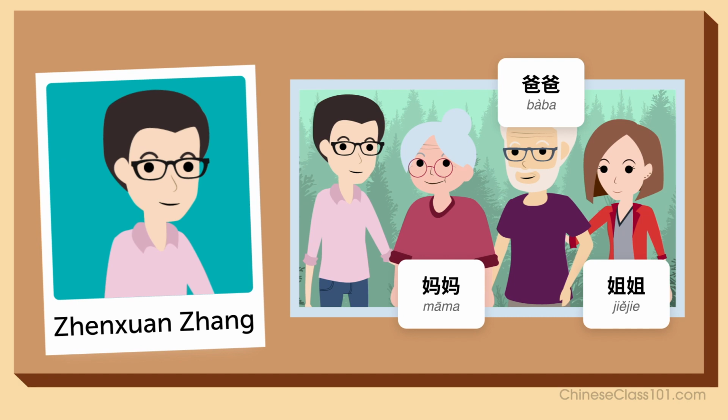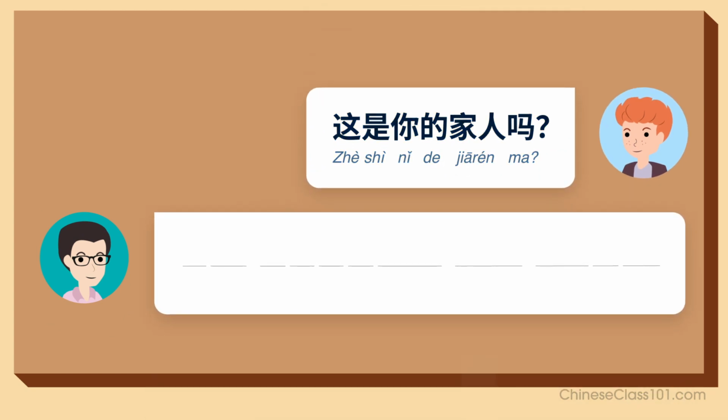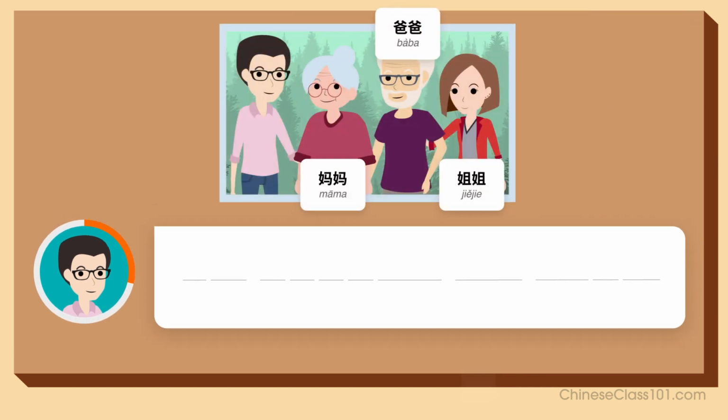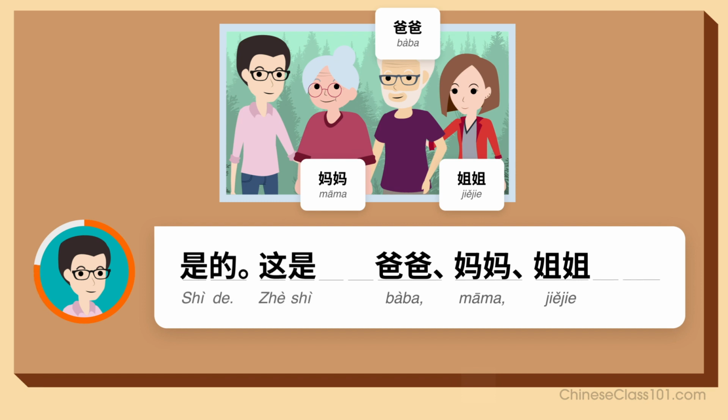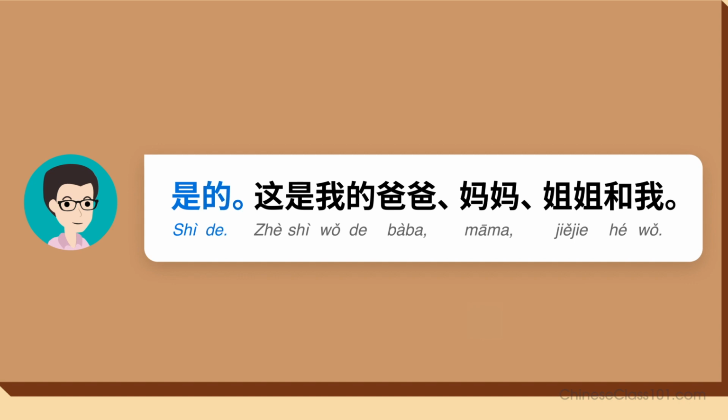Let's try another. Imagine you're Ben's classmate, Jian Xuan. You have a father, mother, and older sister. Ready? 这是你的家人吗？是的，这是我的爸爸妈妈、姐姐和我。Listen again and repeat. 是的，这是我的爸爸妈妈、姐姐和我。